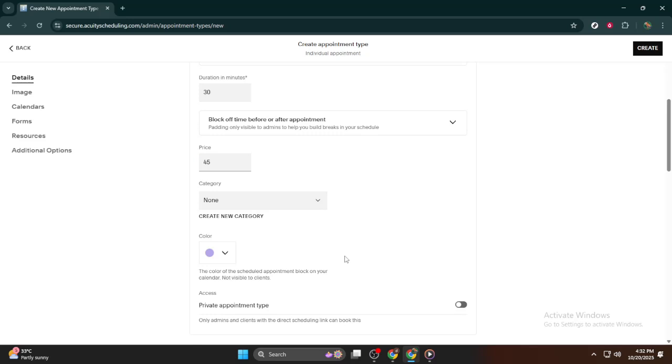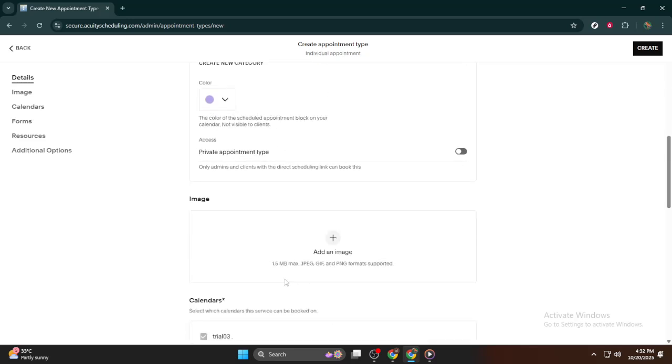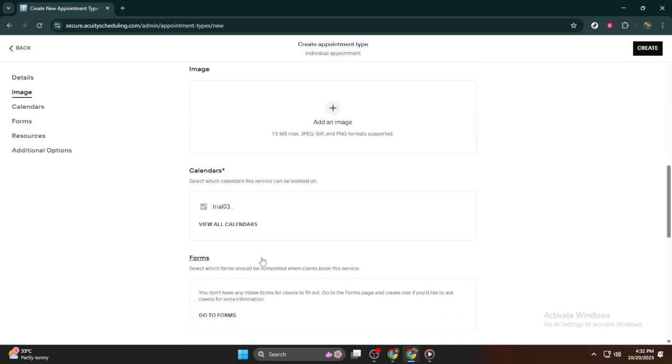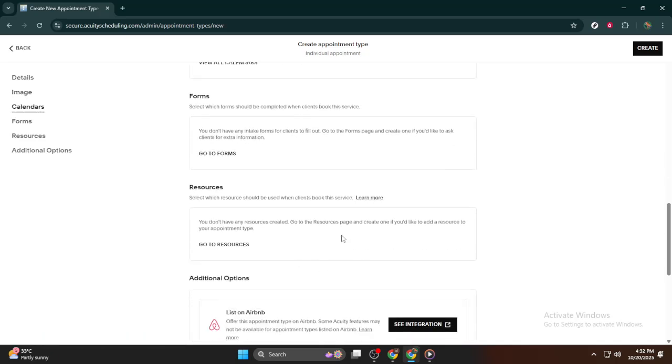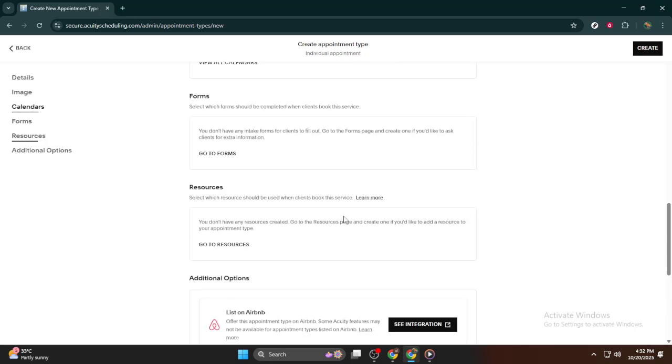For those without a website, don't worry, you can still share your public booking page link via email or through your social media channels. This flexibility ensures that your clients have easy access to booking regardless of where they come across your services. By following these steps, you'll create a streamlined system that simplifies booking for your clients and helps your nail